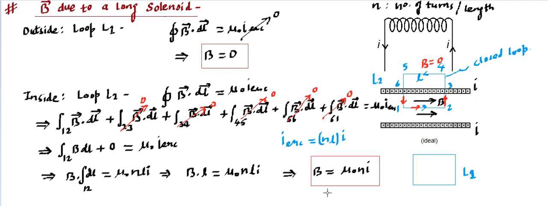So field inside a solenoid is going to be B is equal to mu naught n I, where mu naught is a constant we are aware of, I is the current in each turn, and n is the number of turns per unit length. So if the number of turns per unit length is known to us, and I, that is the current in each loop, is known to us, we can find B is equal to mu naught n into I. The important point that has to be noticed over here is that the field inside is independent of location. That means this field is uniform.